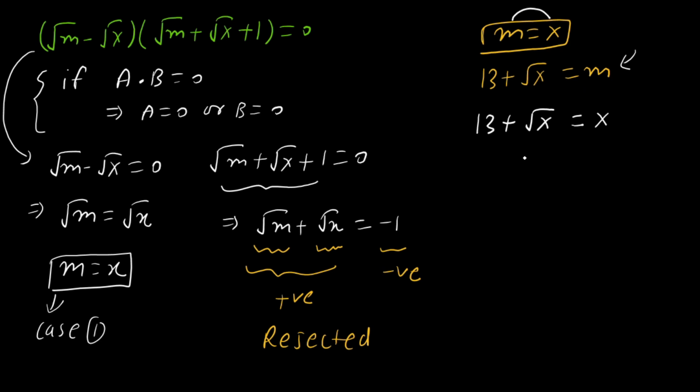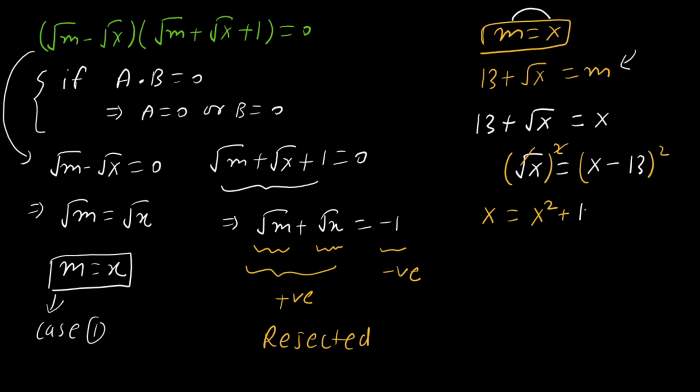Then square root of x is equal to x minus 13, and on the left hand side we have a square root, so if we square both sides, then on the left hand side the square is cancelled out by the square root. Then x is equal to, and on the right hand side we will apply a minus b whole square. We know that a minus b whole square is a square plus b square minus 2ab. Then x square plus 13 square, that is